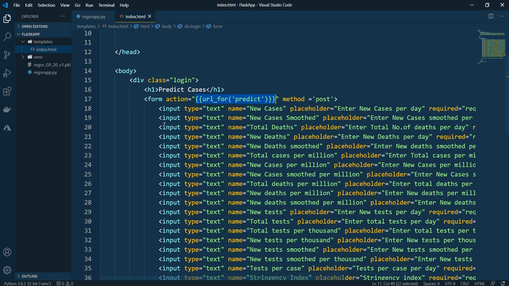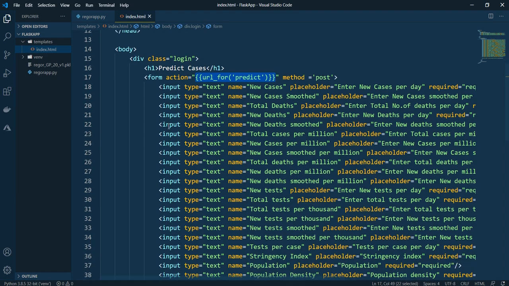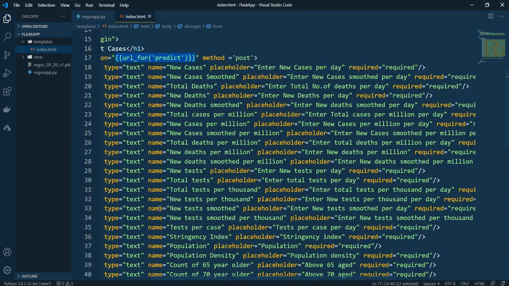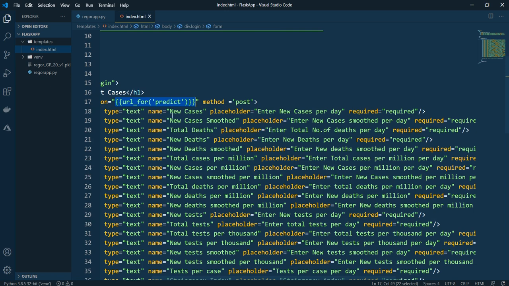And inside this, I have written 31 different variables, and corresponding to that, I have 31 different input fields. If I show this to you, it will have the type text, enter new cases per day, and it's a required field.